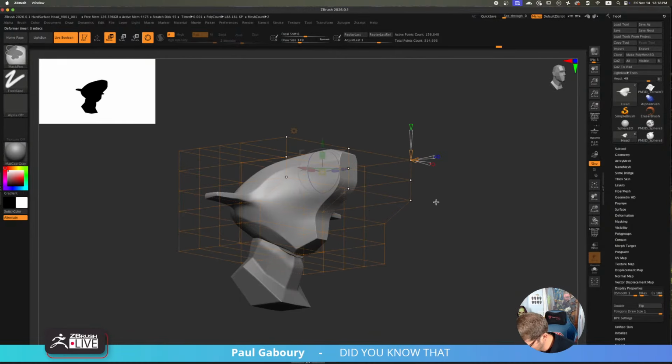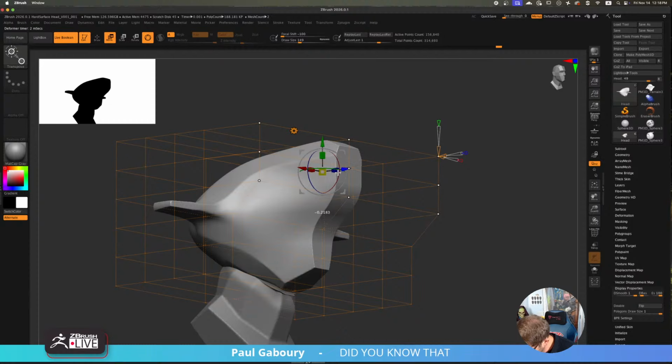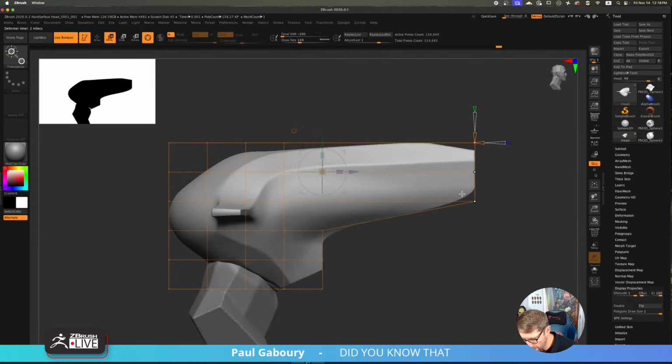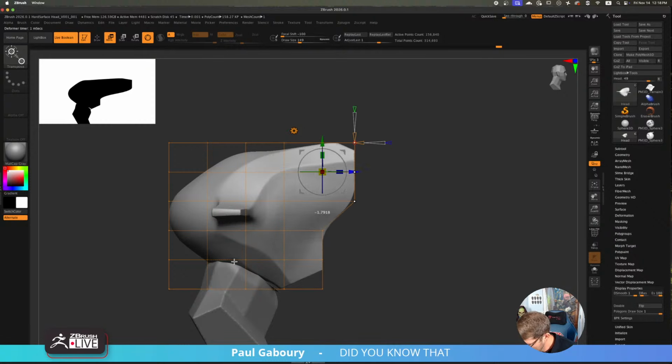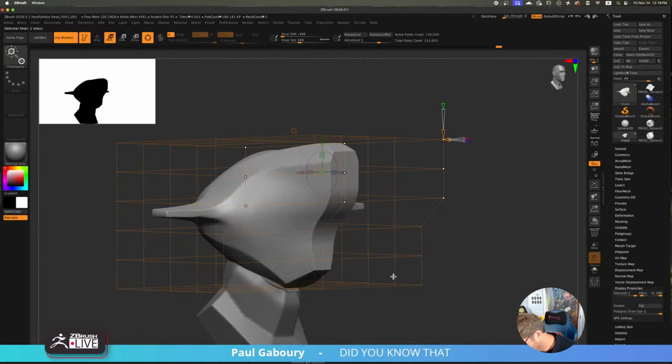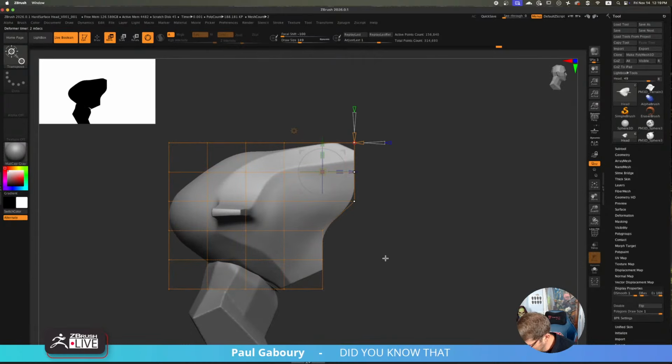Kind of like that softness that's happening. Do I want that? Do I want like crazy, or just subtle? Kind of like a little bit of the subtle. Let's try it with less points. Let's see with just this.